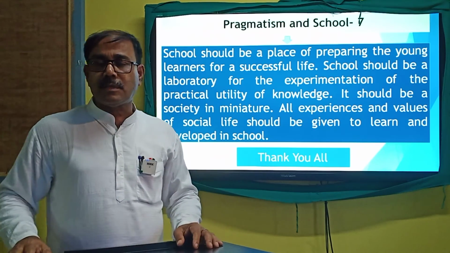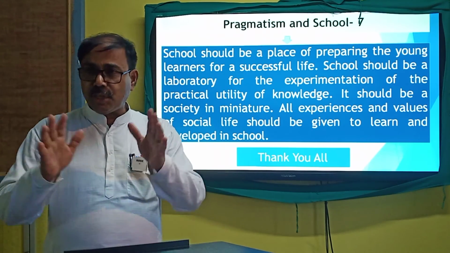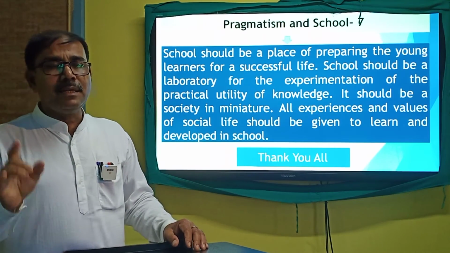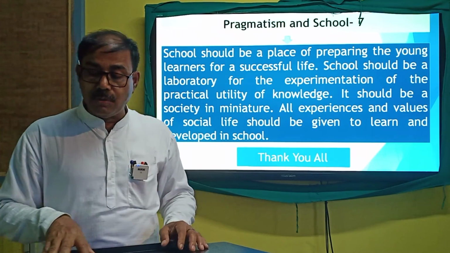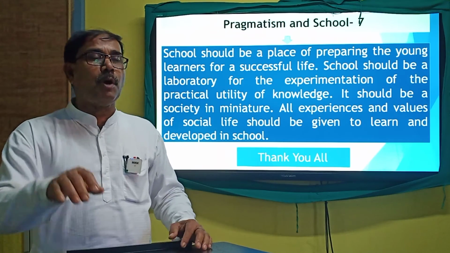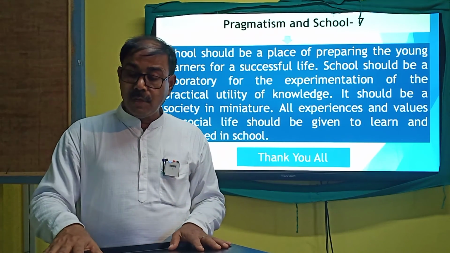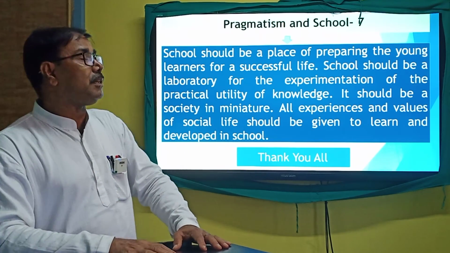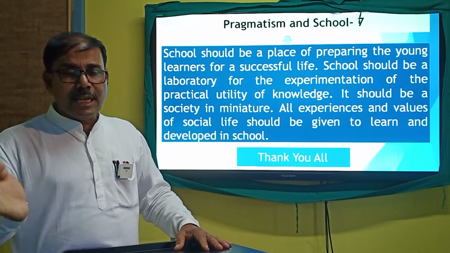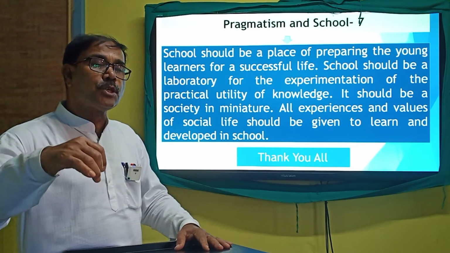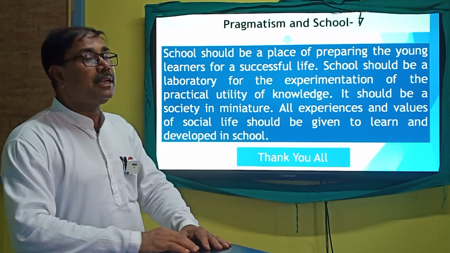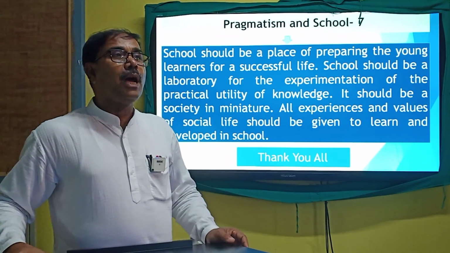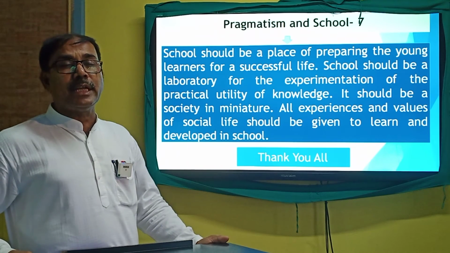Now let us come to the last stage: the perception of pragmatism concerning school. Here in this class, first of all, we have discussed the methods of teaching from the pragmatic standpoint. We have discussed the roles of teachers from the viewpoint of pragmatism. We have discussed the concept of discipline from the pragmatic school of philosophy, and by discussing the concept and role of school, we are to declare the end of our discussion relating to this most important